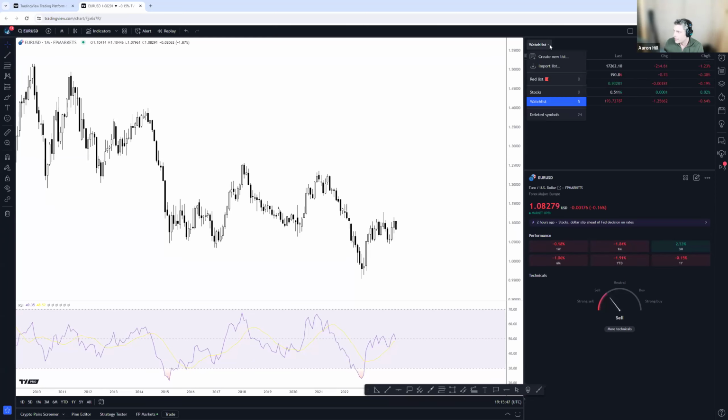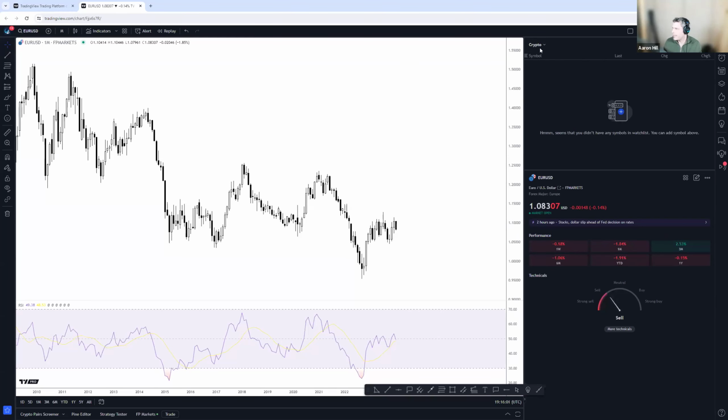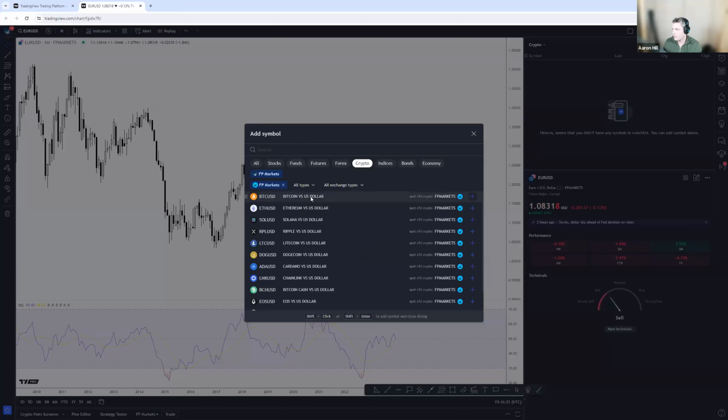So all you do here, click on the watch list tab, hit create new list. Let's go with, say, stocks. I think I've already created that. Let's go with crypto here. Hit the save button, and then you have a dedicated area for all your crypto pairings. Then all you do is click on the drop down list, and you'll have your crypto watch list available here, your stocks, and of course your primary watch list here. If you want the crypto there, all you do is add symbol, head over to crypto, add this to your watch list,